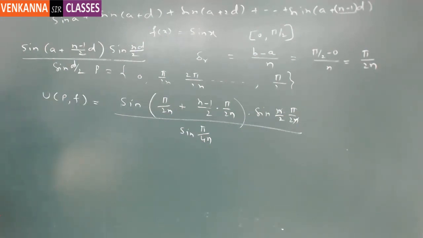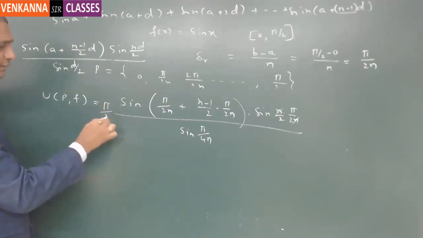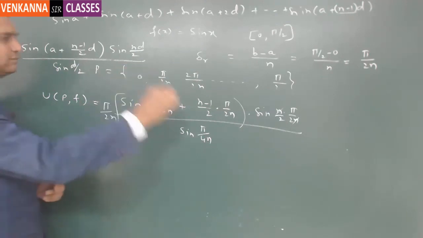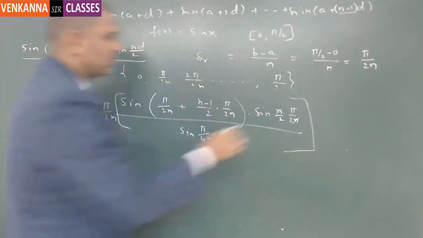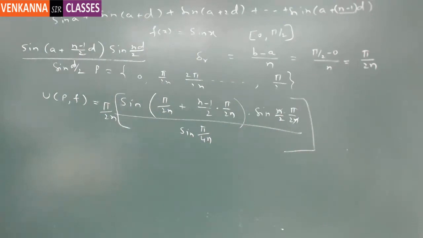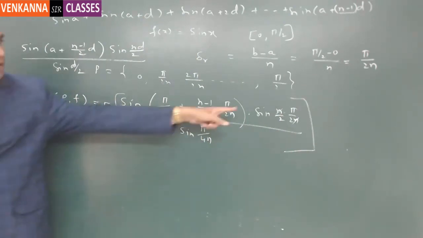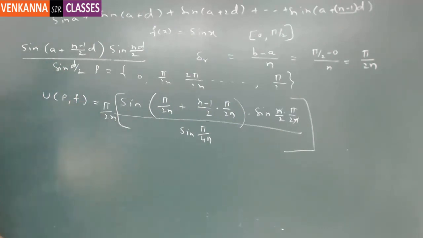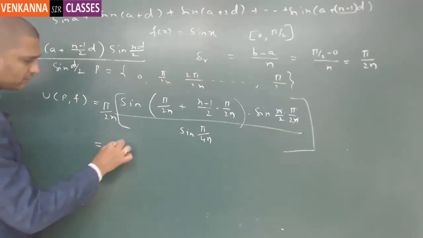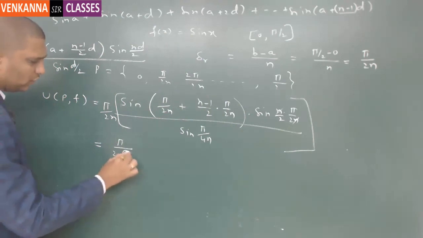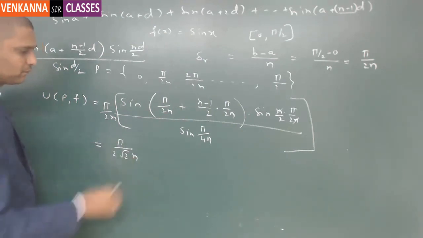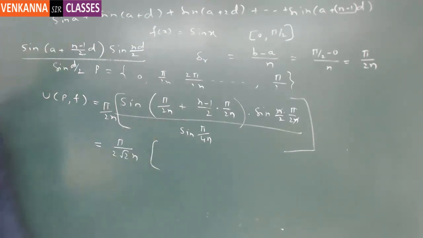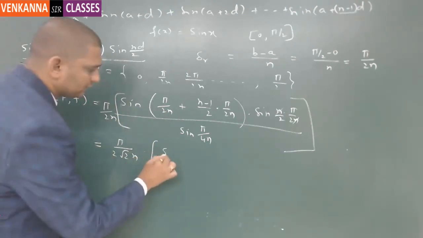and sin pi by 4 is nothing but 1 by root 2, and in UPF earlier you have pi by 2n, because pi by 2n into something. For that something, summation, you have calculated the thing. Since sin pi by 4 is nothing but 1 by root 2, taking this value here, it will be pi by 2 root 2n into sin of